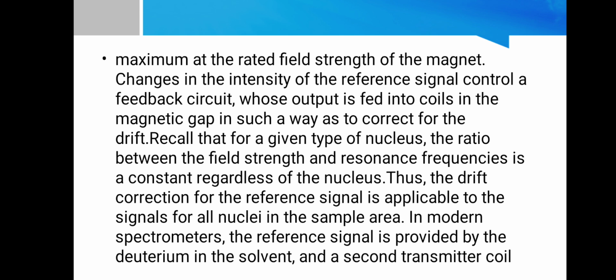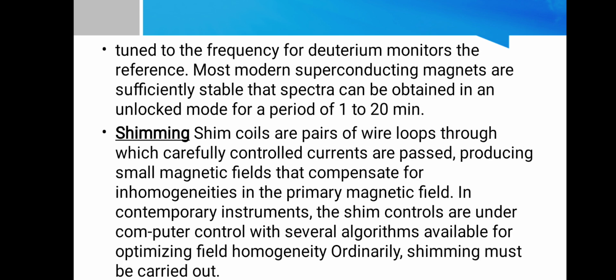Thus, the drift correction for the reference signal is applicable to the signal for all the nuclei in the sample. In modern spectrometers, the reference signal is provided by the deuterium in the solvent, and a second transmitter coil tuned to the frequency of deuterium monitors the reference. Most modern superconducting magnets are sufficiently stable that spectra can be obtained in an unlocked mode for a period of